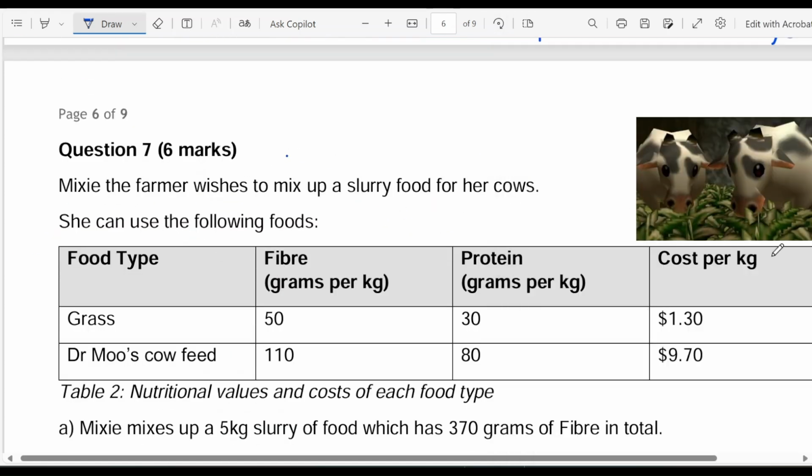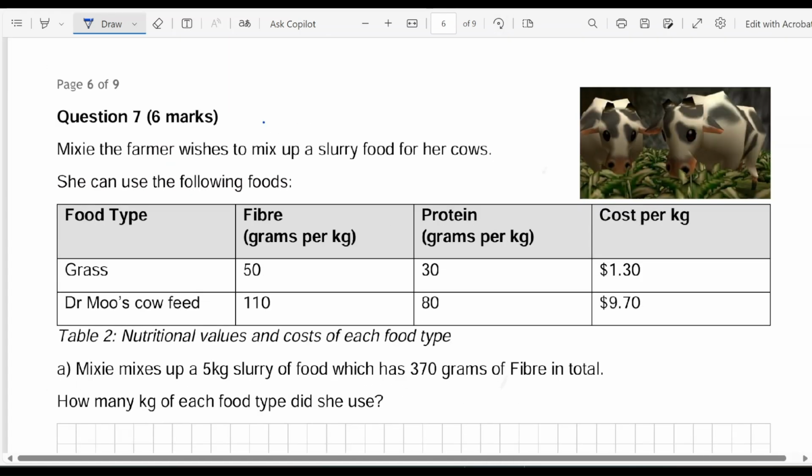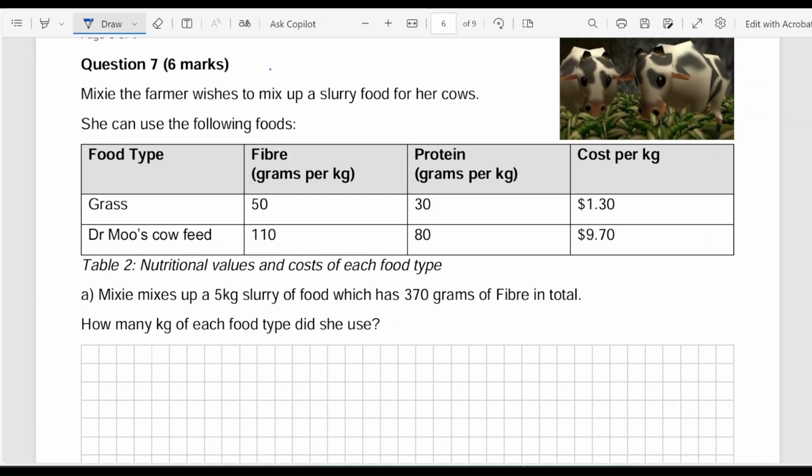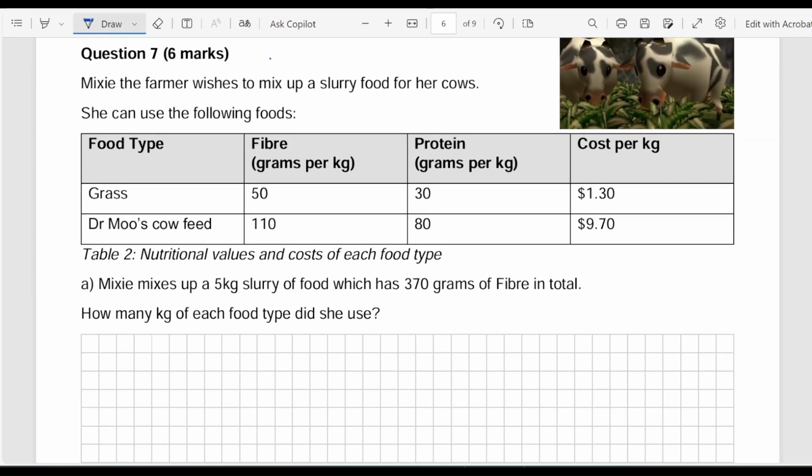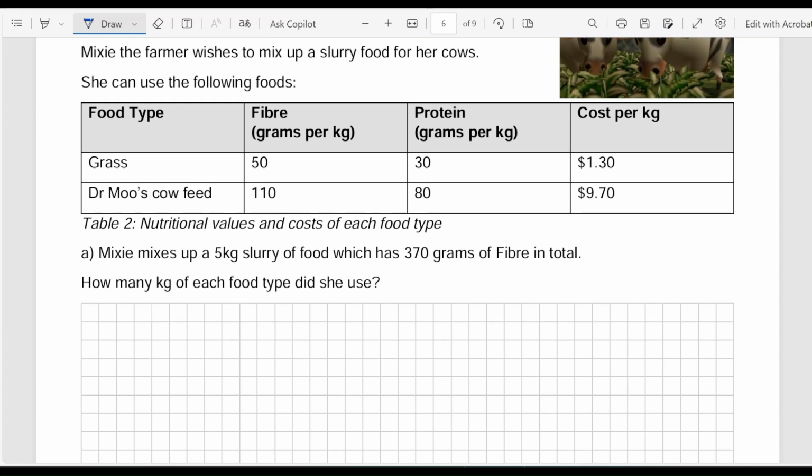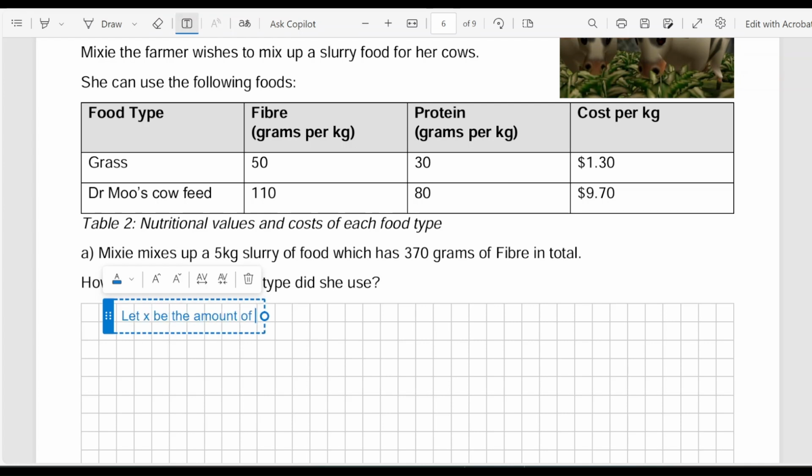All right. Next we have the cows question. So Mixie is mixing up a slurry of food. It's got 370 grams of fiber. So how many kilograms of each food type did she use? And this should clue us into what we should call x and y. Let x be the amount of grass used in kilograms. Let y be the amount of Dr. Moo's cow feed used